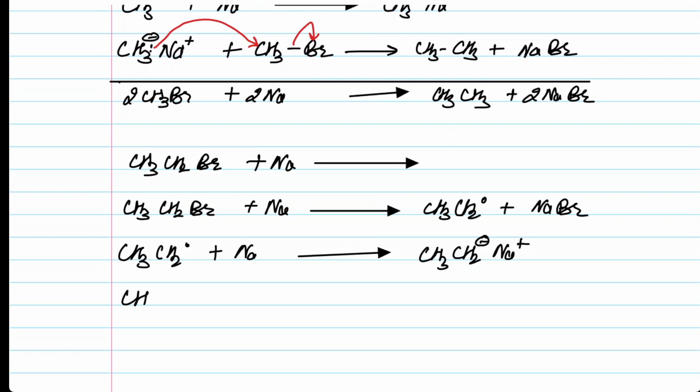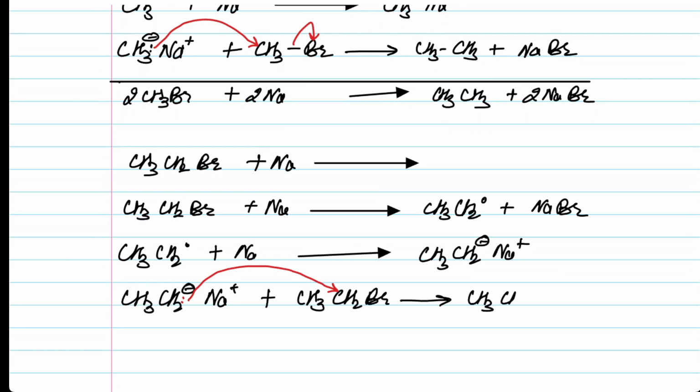This CH3CH2 minus Na plus is going to react with another molecule of CH3CH2Br. The attack of the electron pair here will take place on the CH2 carbon, that is the carbon attached to bromine, and it's going to give us CH3CH2